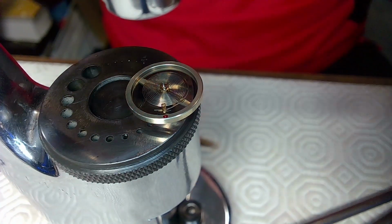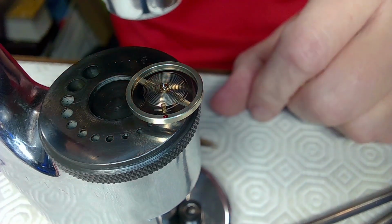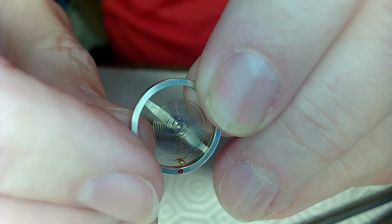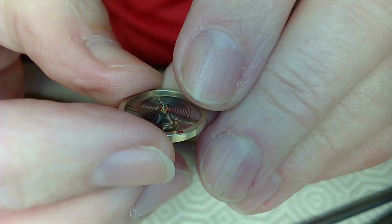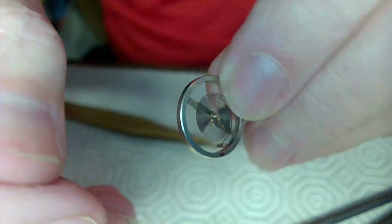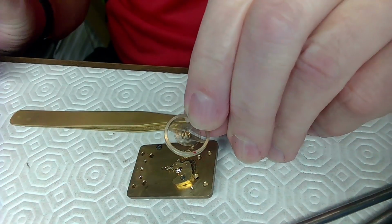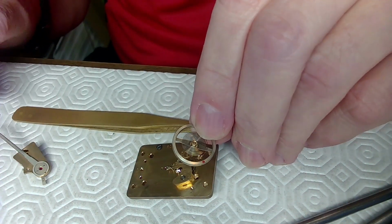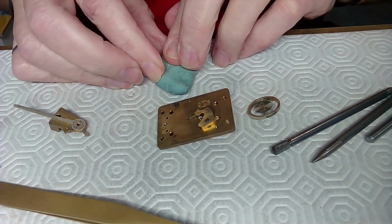And then I'm going to reassemble this inside the platform balance just to finish the job. Alright, this is what the part looks like now. So that's the new pivot on the top, and then there's the old pivot on the bottom, and I just have to place this into the platform balance that I have here, and then put on the balance cock here to make sure everything is aligned properly. So I'm going to put a piece of Rodico down here, flatten that out, and just